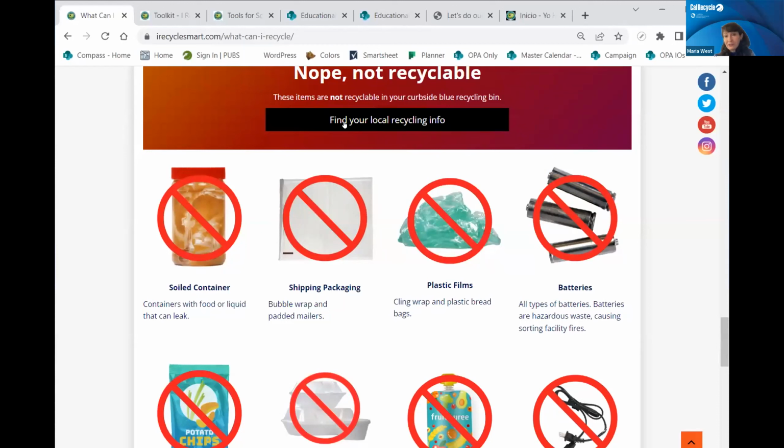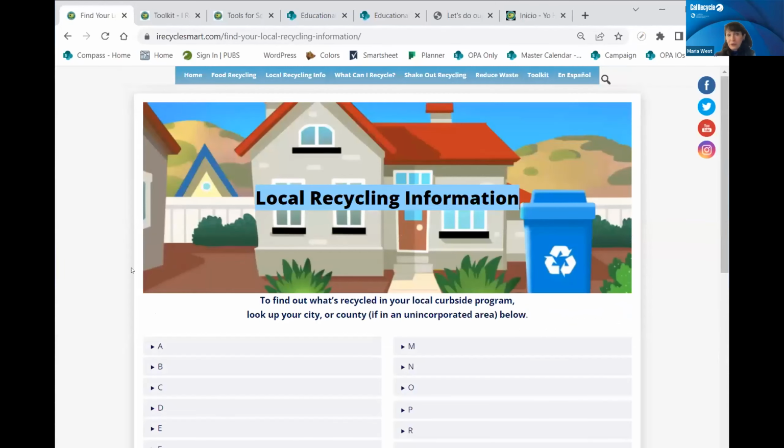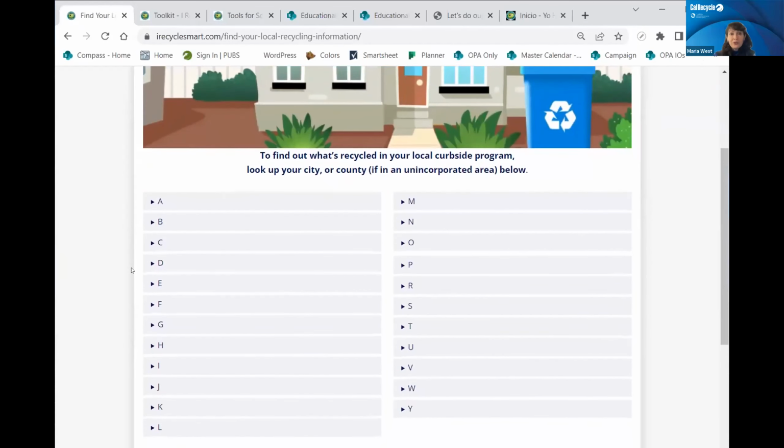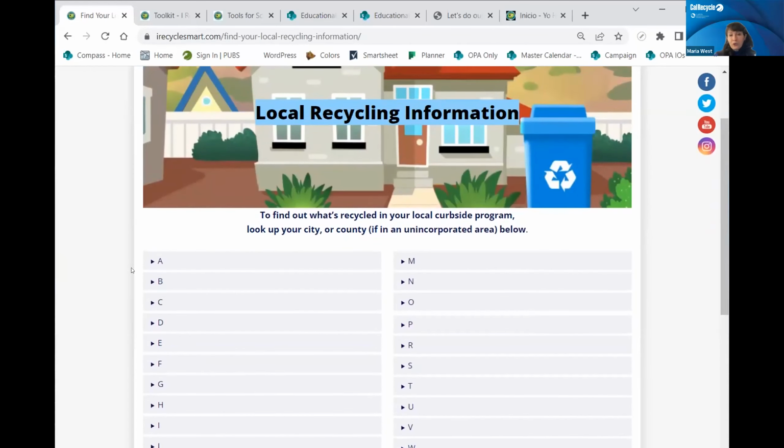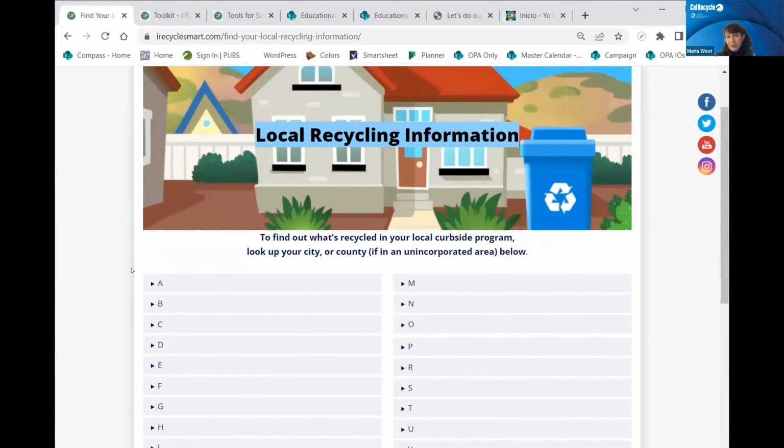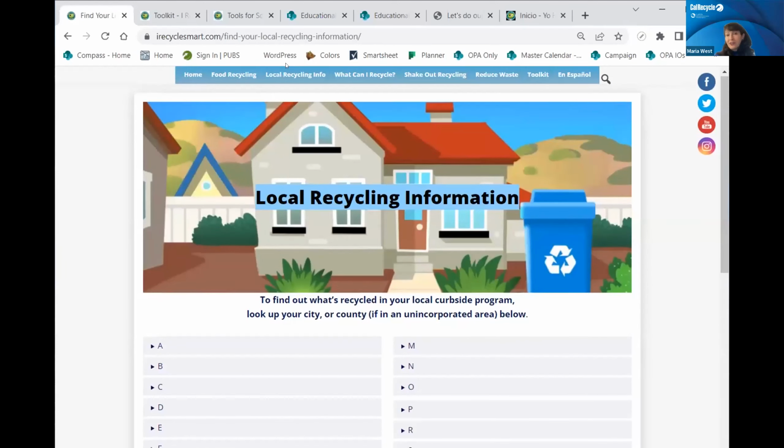Don't put those batteries in the recycling or the trash, because they're starting fires throughout the entire country. It's causing millions of dollars in damages. So when you click through to local recycling information, which is on the navigation bar, this is very kind of